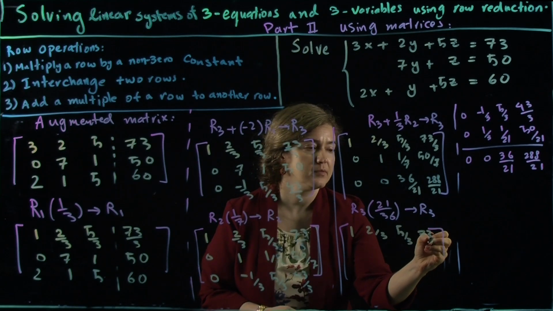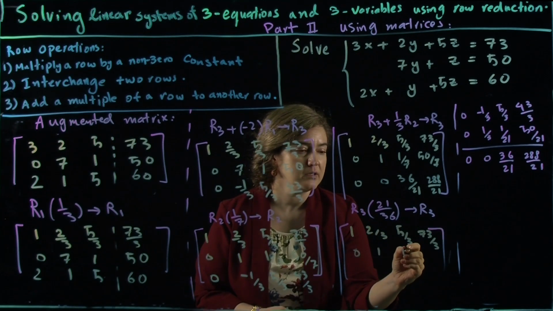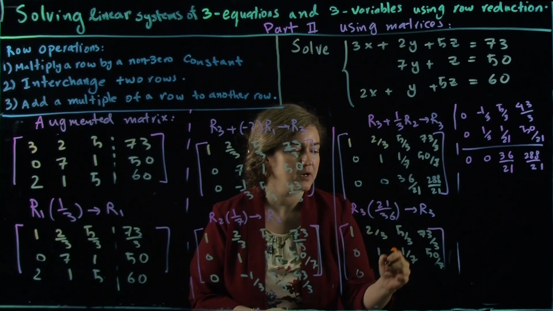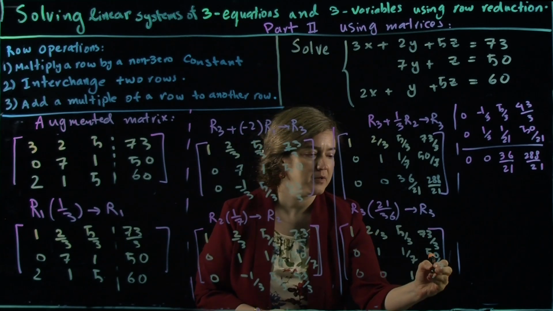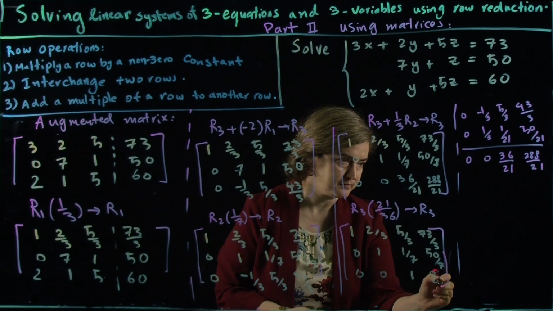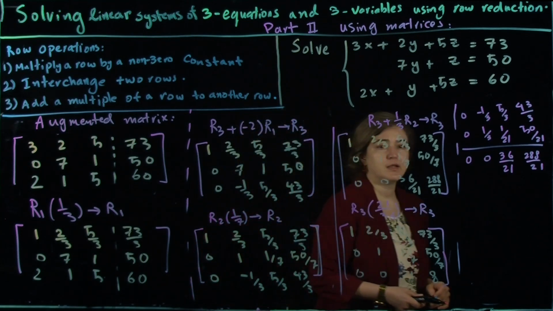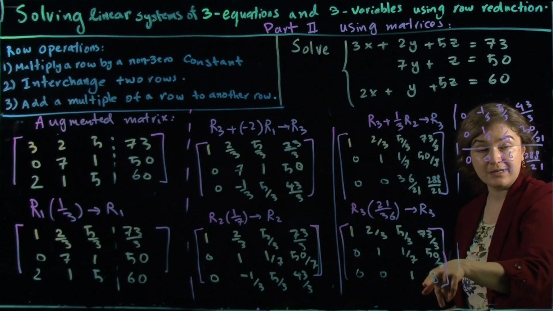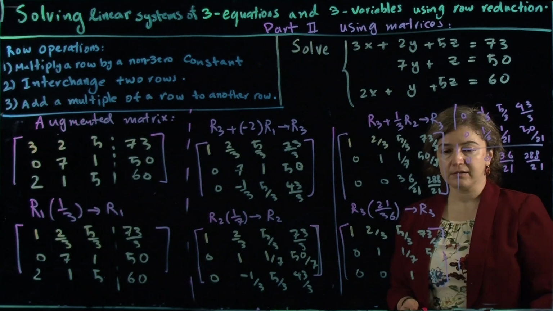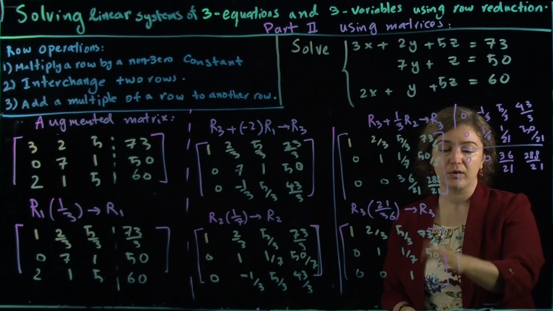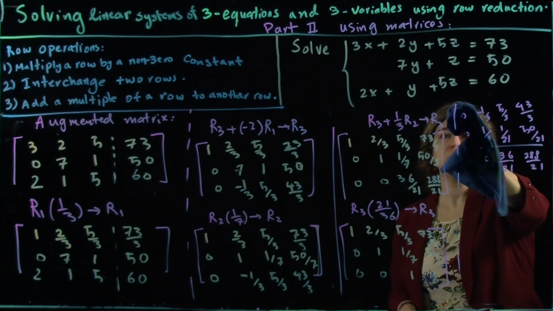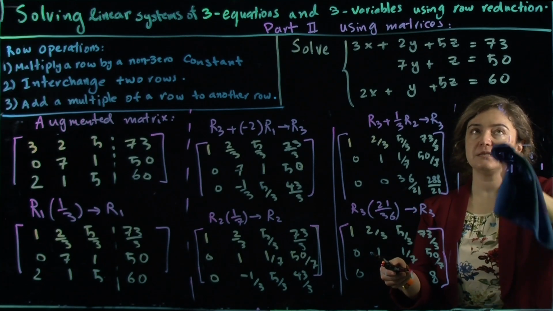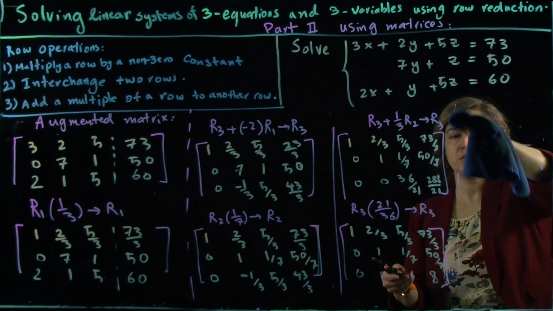second one the same, third one is going to be 0, 0, 1, 8. So now, leading 1, leading 1, leading 1, and I know because they're indented. Zeros underneath all the leading ones. In here, that's the last leading 1. There's nothing underneath it, so we're all good. So this gives me what I call the row echelon form,